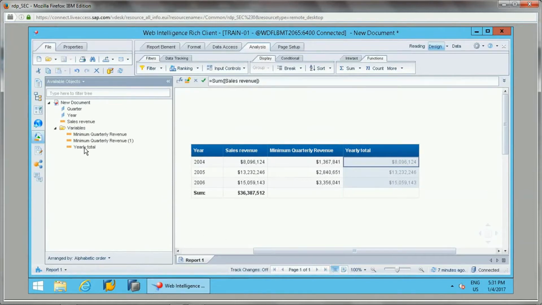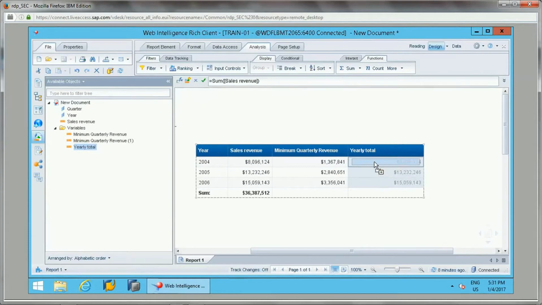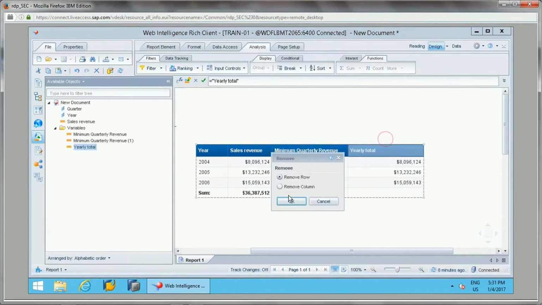See, this is yearly total. I just wanted to add this here. Okay, let me add this here, and just remove this.